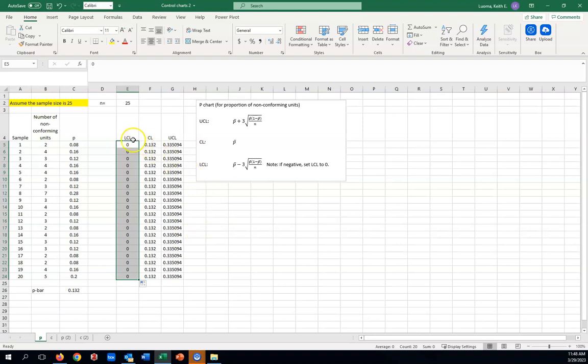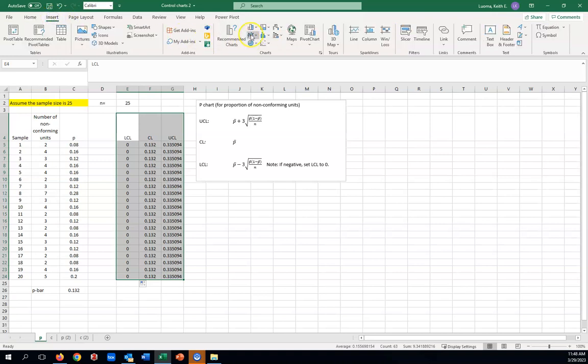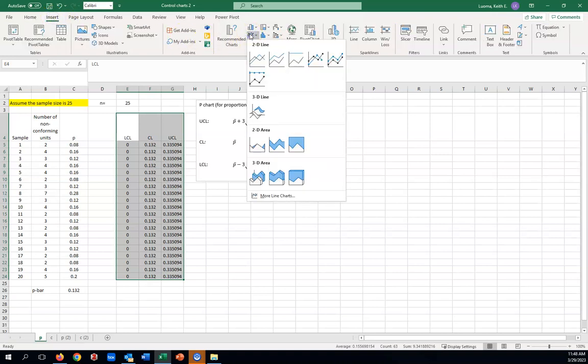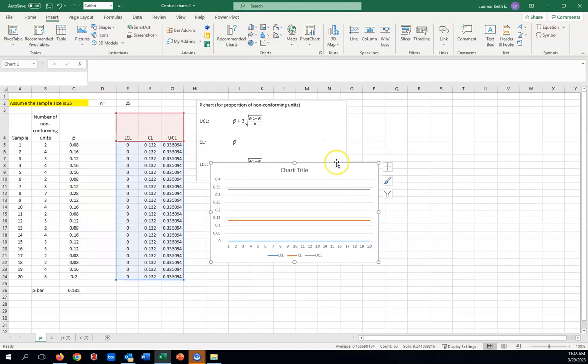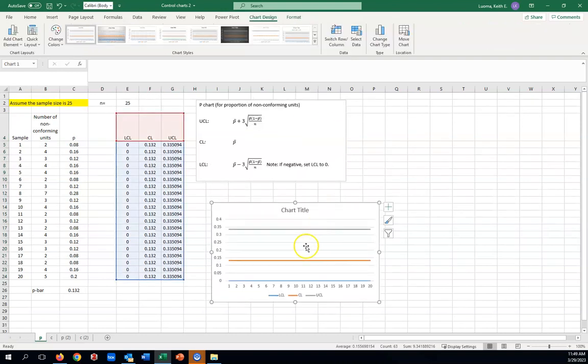So let's get a visual look at this by doing a line chart. Select all these values, insert, recommended charts. I have a PC. If you have a Mac, I know that there may be some differences in these commands. What we have are 3 straight lines, our upper control limit, our lower control limit